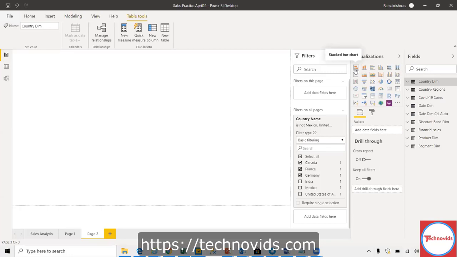Coming back, this first line is mostly for the bar chart and column chart. The first one is called stacked, and the second one is also stacked. One is bar, the other is column, and the third one is clustered. Cluster is a very famous word nowadays, right?